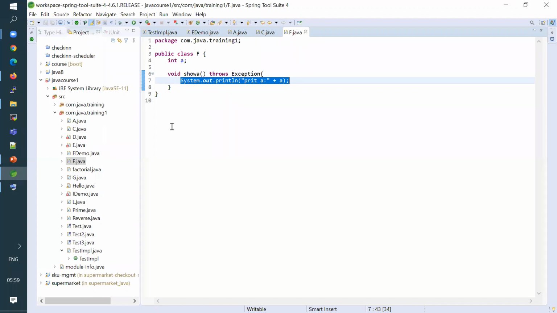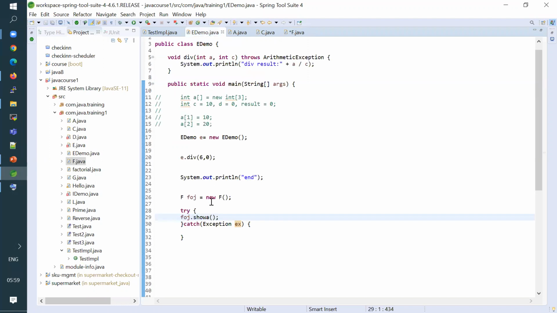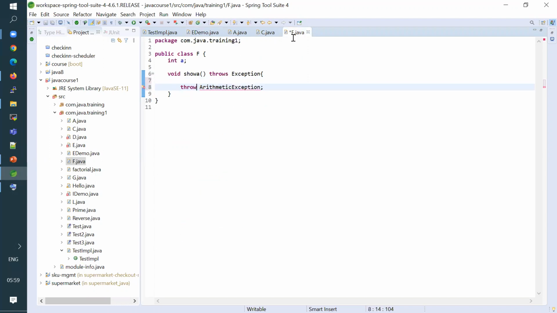So the throws keyword is normally used for the method exception. In method signatures only we will make use of throws. But throw, you can use anywhere. So here I can say throw, and I can write arithmetic exception here: new ArithmeticException.